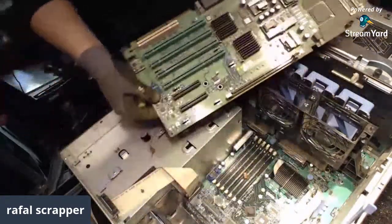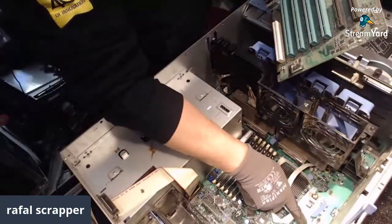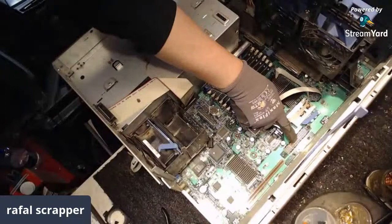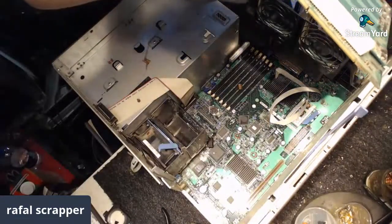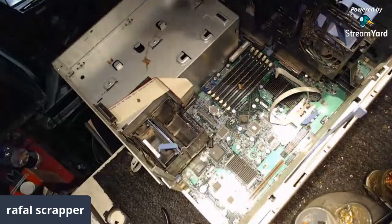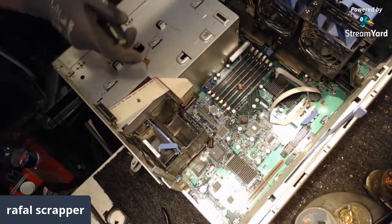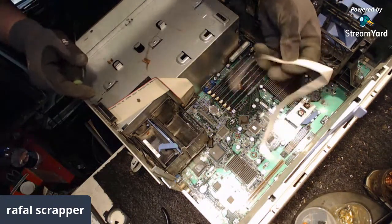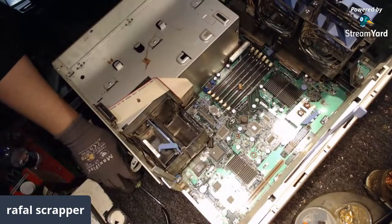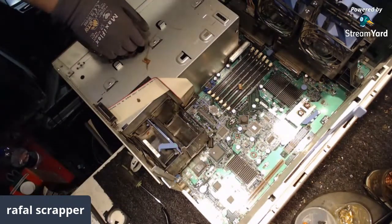Okay, so that will be it for this card. And here we can see the other side of the connector, what's going into this tiny socket in here. That's cool, definitely. So let's put it aside and let's dig. What's that? Something gratis, I guess. Let's pull our